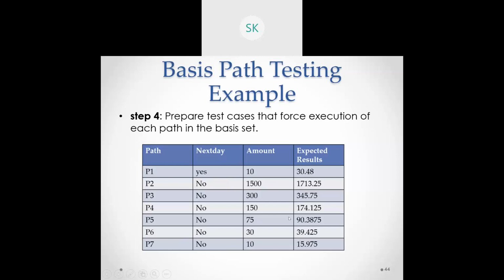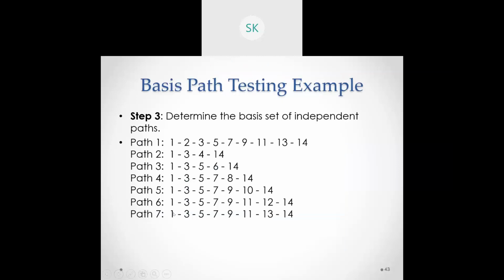Sir, why have they taken no? It is that particular wish. So what I will be assuming is, I believe in choosing the path such that maximum node coverage should be happening. Whichever has the maximum node coverage, I'll choose it. See here, 2 is not chosen with respect to path 2 to path 7. You can just identify it. See, they are taking 1 followed by 3, directly they will go. That is their assumption.